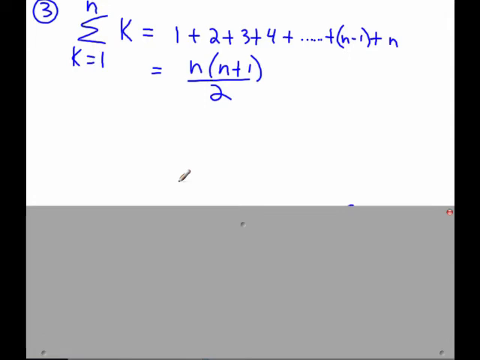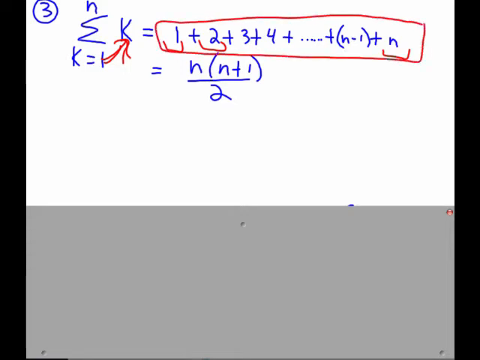Okay, here's another property of sigma notation that we will put to some use in a moment. If I wanted to find the sum of the terms of the form k as k varies from 1 to n, the first term would be 1, k is 2, second term would be 2, and so on. The last term would be n. So if I wanted to know what 1 plus 2 plus 3 plus 4 plus dot dot dot up to n added up to, I'm being told that this open form, the sum of the terms, is equal to this